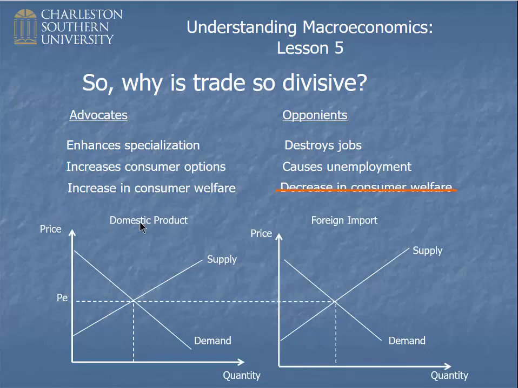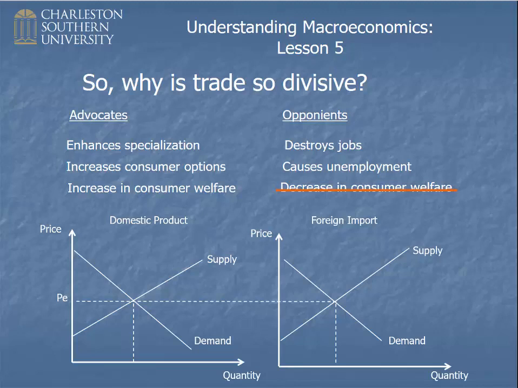Let's say that here's some domestic product and here's the foreign import in the same country. So this is a competitor for this. Here's the US made product and here's some competitor. They're selling for this price. So every one of these foreign sales represents a sale that the domestic firm didn't get. So let's suppose that the domestic firm gets the attention of the government somehow, and they get the government to agree to put a tax on the foreign import. We call them tariffs, but a tariff is really just a tax on the foreign import.